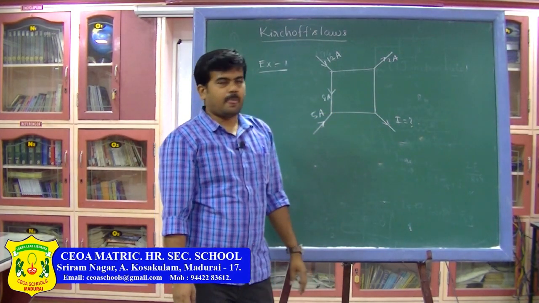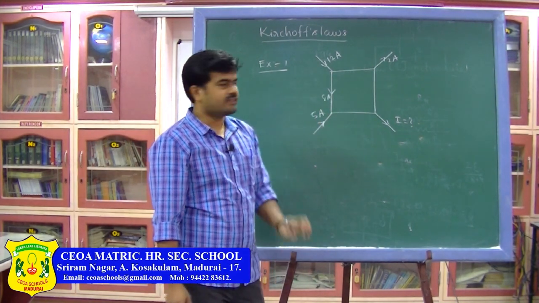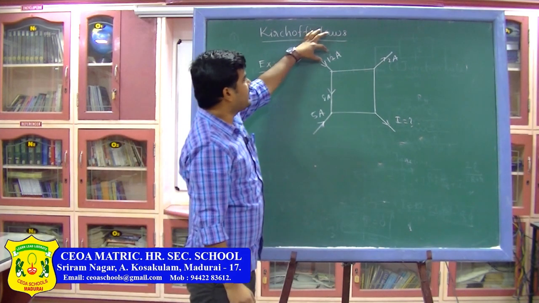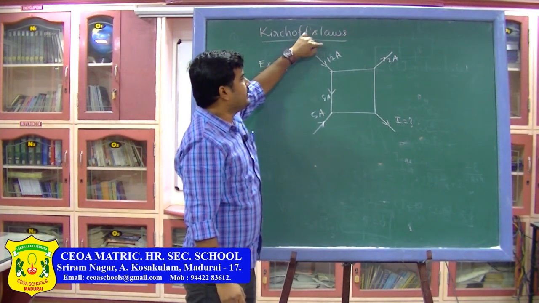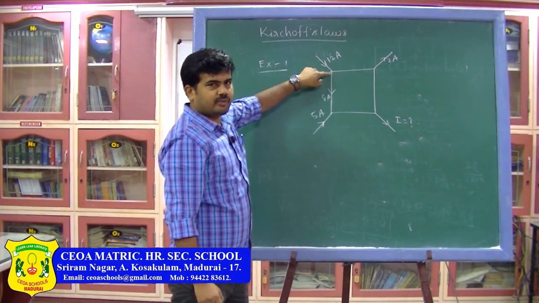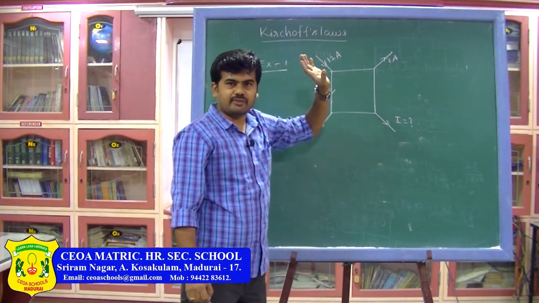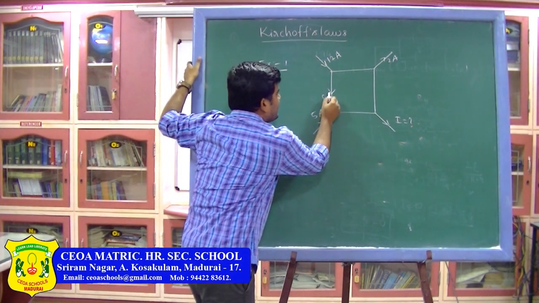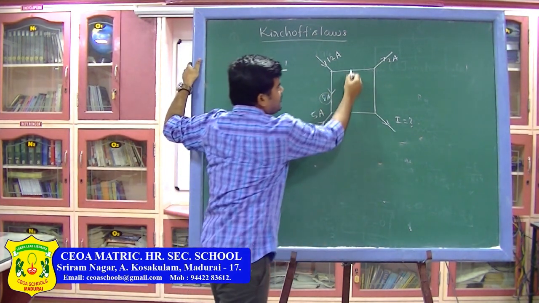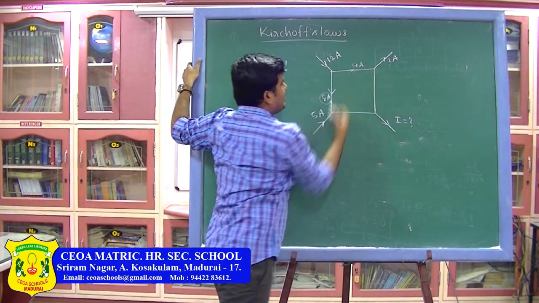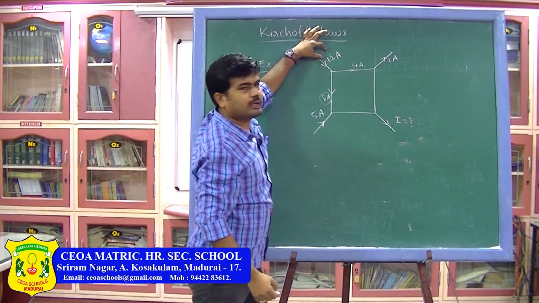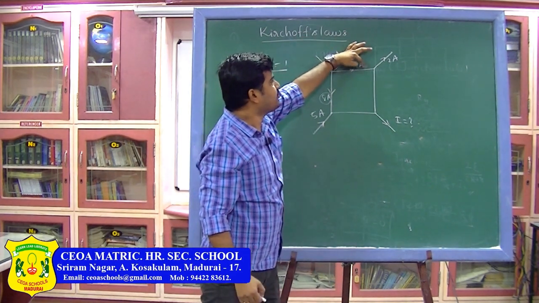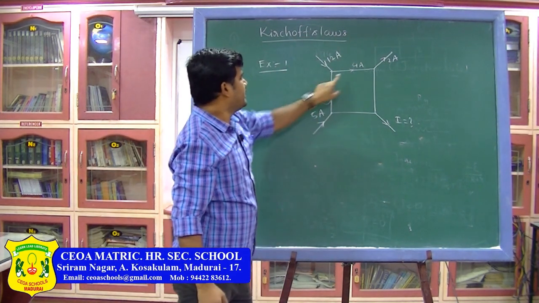That is the question. When doing this kind of problem, just start from any one junction. Now, let us start from this junction. Here 12 amperes current is coming. We know the sum of currents approaching the junction must be equal to the sum of currents leaving the junction. So, here 12 amperes is approaching this junction, out of which 8 amperes moves in this direction. So, 8 plus this current must be equal to 12 amperes. So, this current value must be 4 amperes.